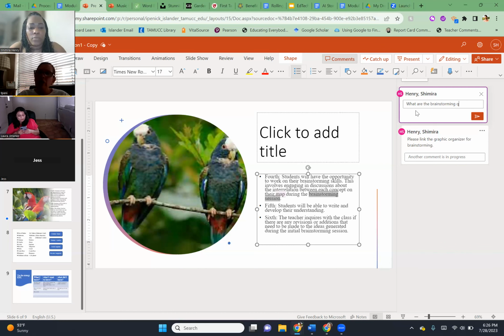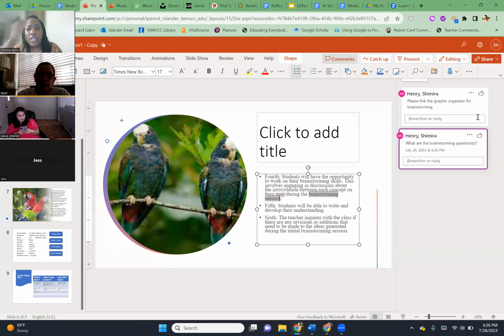Okay. How many questions should it be, a good amount? It's up to you. You could do one question, you could do two. It doesn't have to be a lot. Typically, when teaching, when it comes to brainstorming, it depends on the objective of what you want kids to start thinking about to get to the objective. Okay. Perfect. Thank you. So those were the questions I had for you.